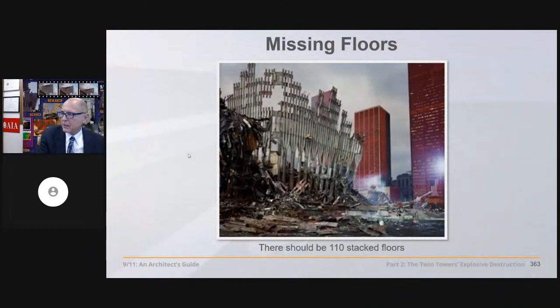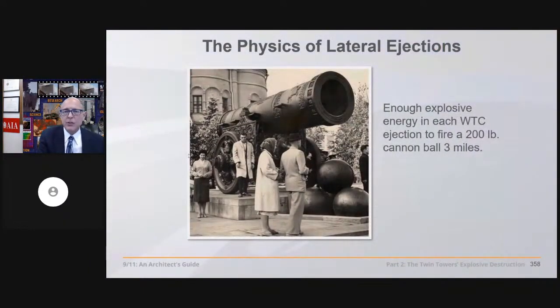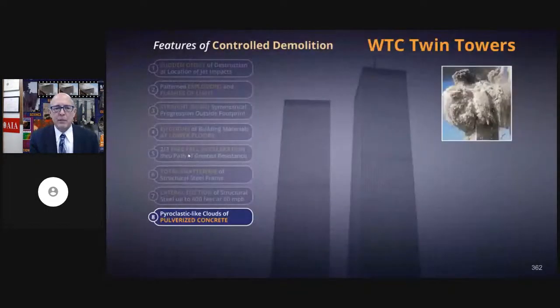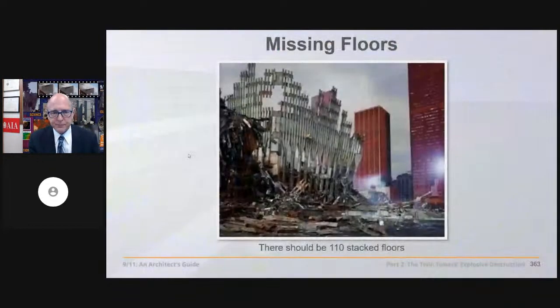In fact, that's enough energy to hurl a 200-pound cannonball 3 miles. And there's thousands of them, these perimeter structural steel sections. There's an incredible explosive force that's demonstrated here. And what did that explosive force do to the floors? I mean, there was 110 floors in each of these buildings. Each of them were an acre in size, 4 to 8 inch thick concrete, we're talking. So 8 inch thick in the mechanical floors, at least 12 or 13 of these floors were that.